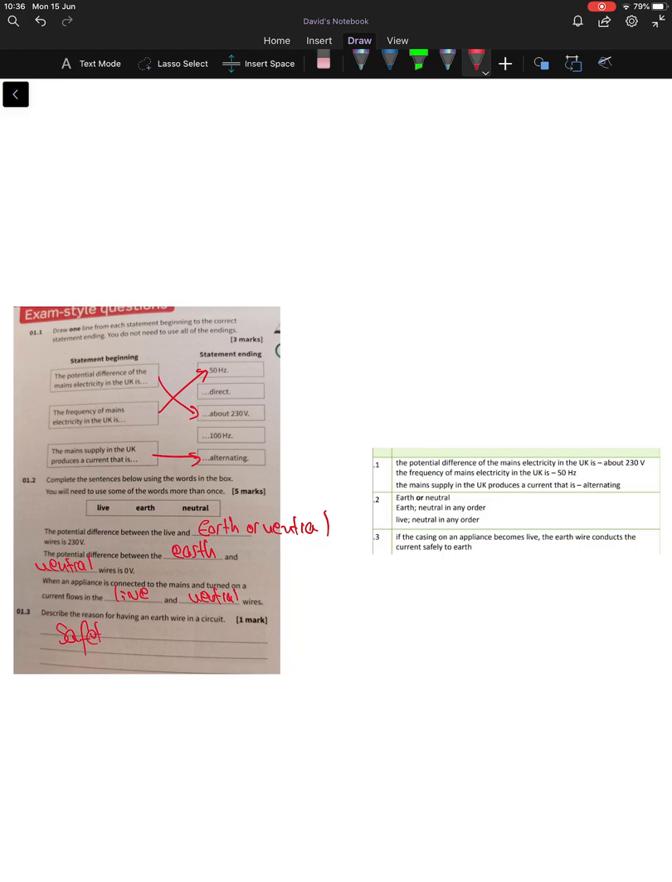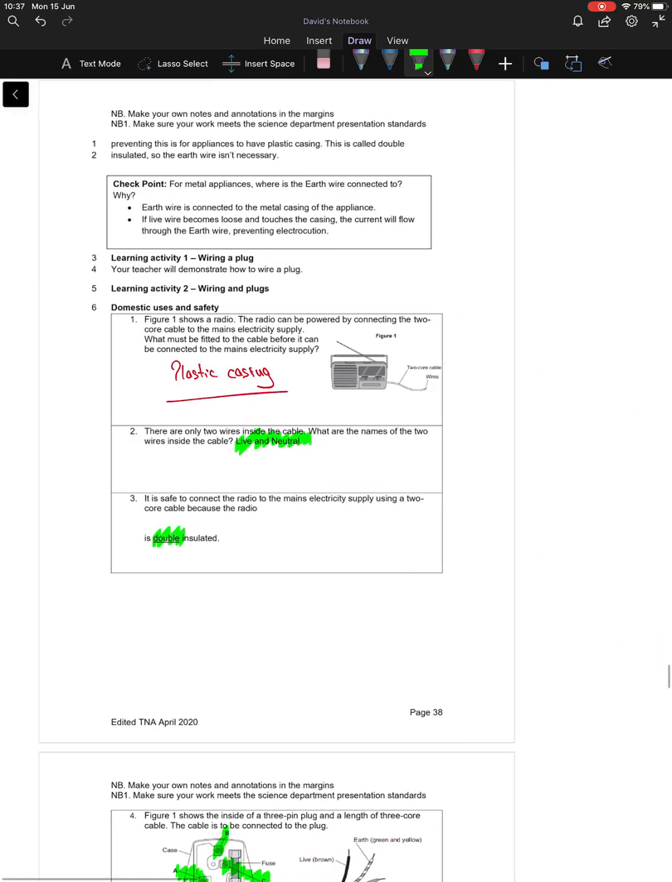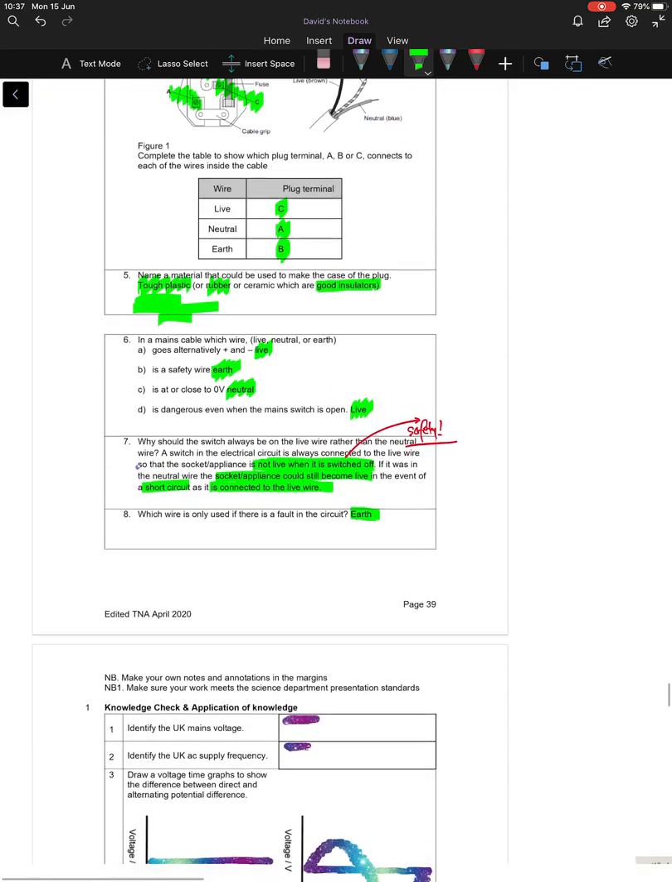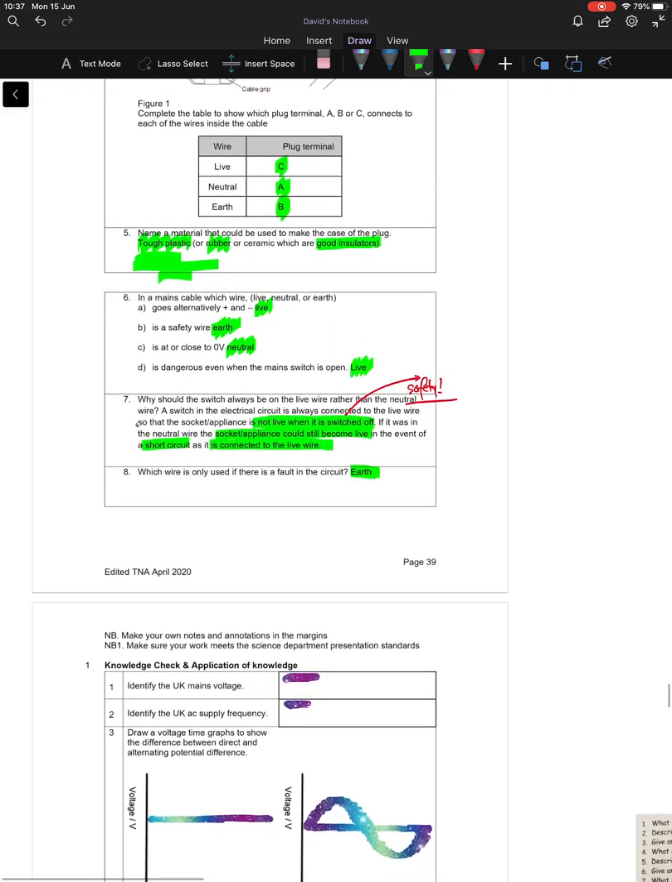Describe the reason for having an earth wire in a circuit. Safety. It conducts current safely to the earth if there is a fault. Good. So if you had a go at that, now what I'd like to do is just move on to